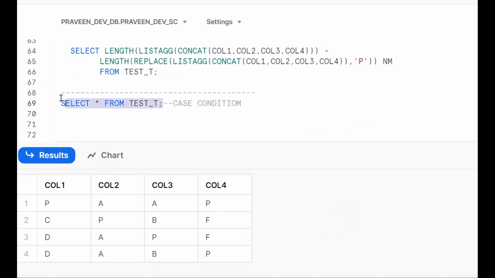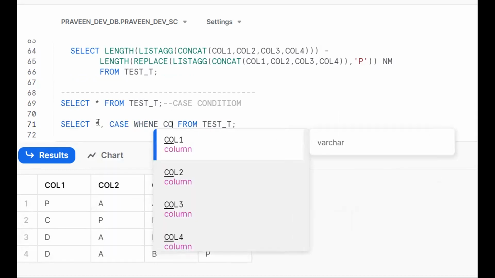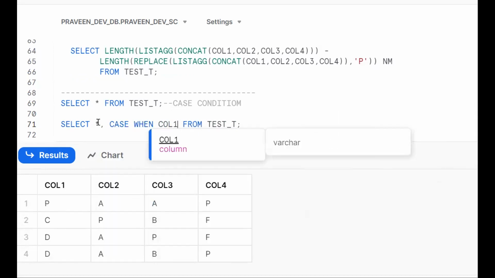So take the same thing. Now we'll go for the case approach. Okay, so see, now what happened? Select star, case when column 1 equals to P. Then what happened? Then we are putting, first understand, we'll take